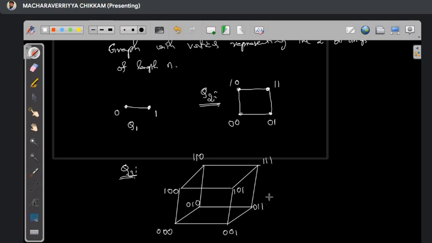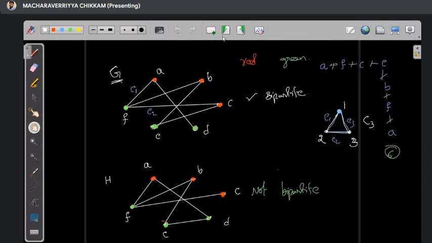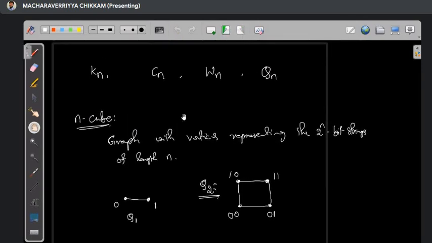You can see that the adjacent vertices differ in exactly one bit position. Similarly, you can think about the construction of Q4, taking two copies of Q3. Maybe you may have to come to 3D space for the construction. So I hope now you know what complete graphs, cycles, wheels, and